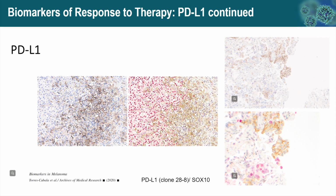Then, the role of PD-L1 immunohistochemistry in melanoma is to help the clinician decide between single-agent and combination immunotherapy, not to decide if the patient is eligible for immune checkpoint inhibitor therapy. Thus, in melanoma, tumor PD-L1 expression level may not be a predictive biomarker, but again, it seems that only in tumors with PD-L1 expression level of less than 1%, the benefits of combination therapy are higher than the risks, and in tumors with PD-L1 expression level of 1% or more, the use of nivolumab monotherapy may be preferred over combination